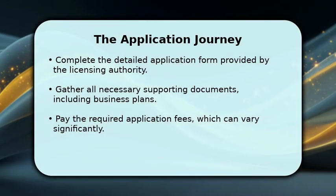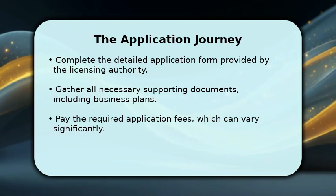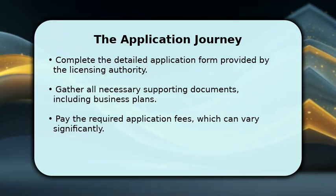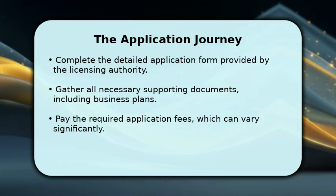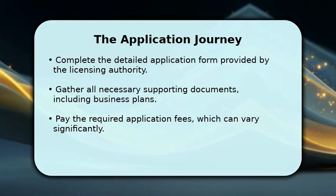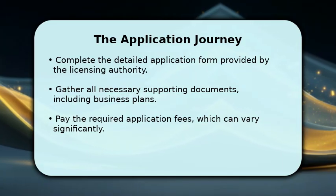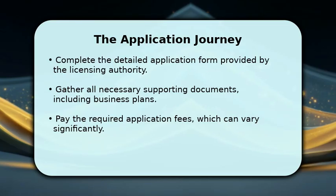Once you have a clear understanding, the next step is to complete the comprehensive application form. This form often requires extensive details about your business structure, ownership, and operational plans. Be sure to gather all supporting documents, such as your business plan, financial statements, and property deeds. Remember to budget for the application fees, which can range from a few hundred to several $1,000s, depending on your